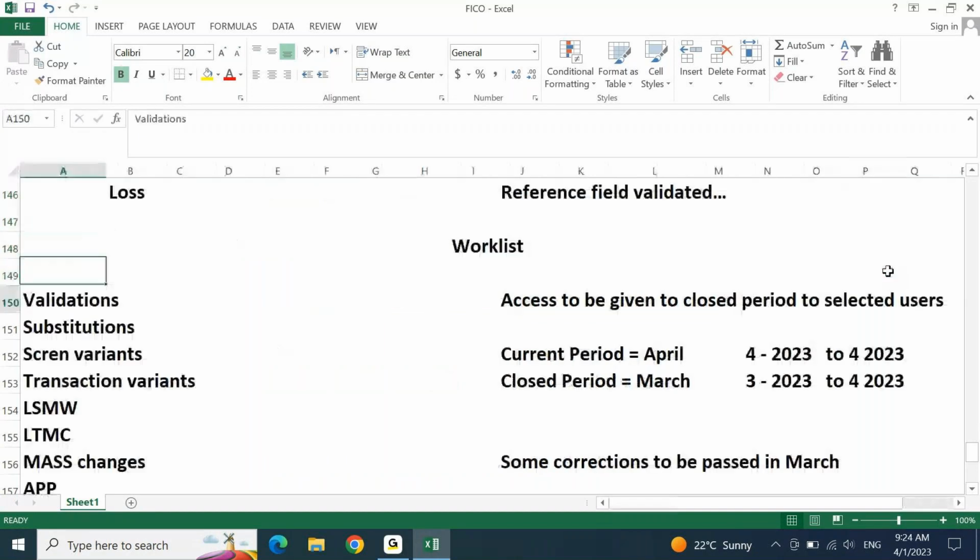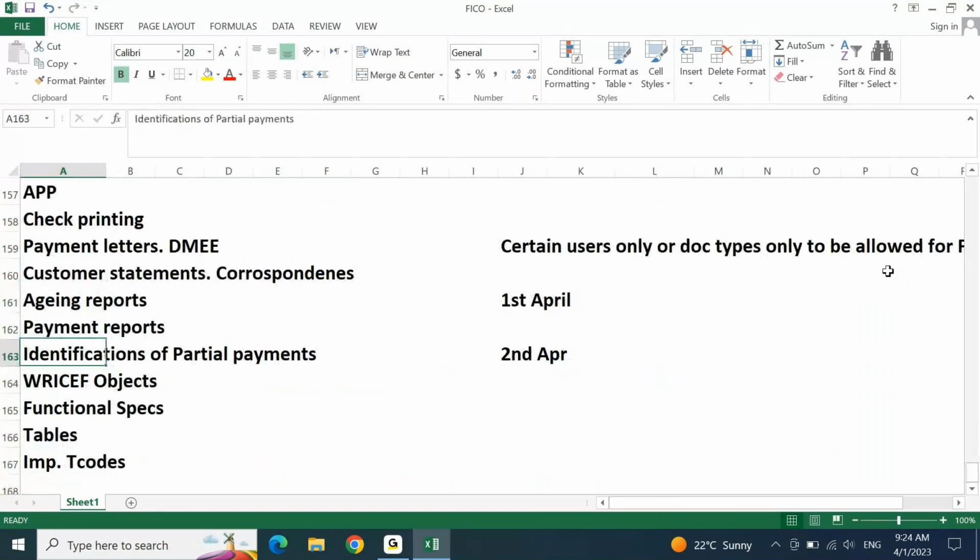Okay, and another very important thing here is your RICEF objects. You must know what the RICEF objects are. We'll discuss this in the next session. And functional specs, your aging report. First of all, we have to know what an aging report is. Any idea what an aging report is? If you call yourself a FICO consultant and say you do not know the aging report,